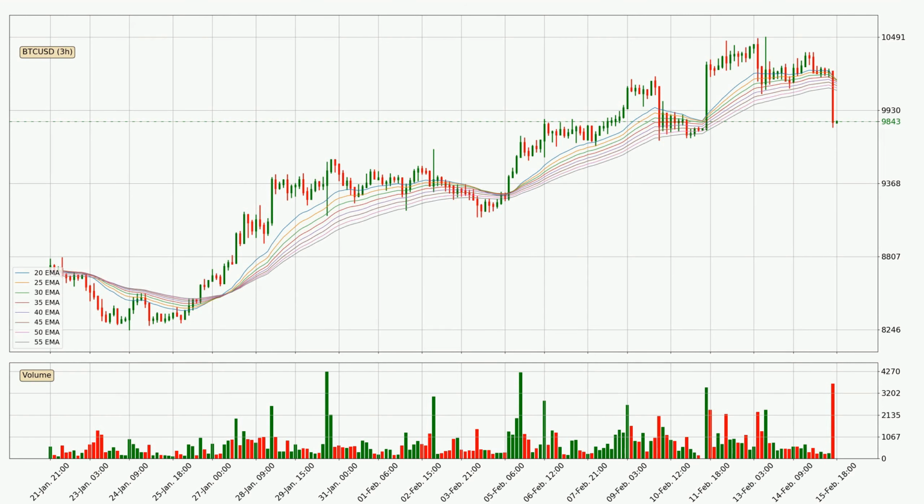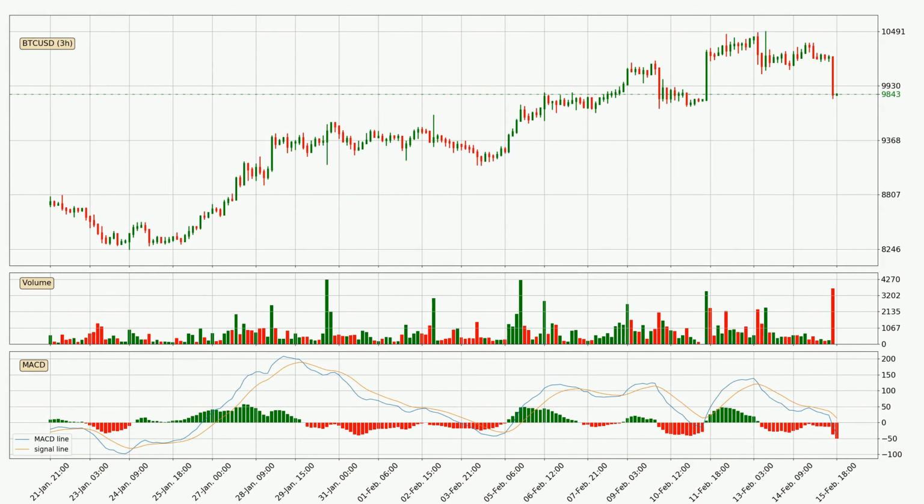Jumping to the 3-hourly exponential moving averages, the current price went below the 3-hourly ribbon, so you should see if the price can jump back above the ribbon or it will play as a resistance to the upside, currently at around 10,083. Looking at the 3-hourly MACD, the MACD line is below the signal line, which shows that the current